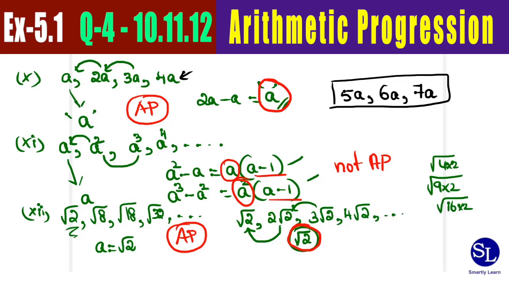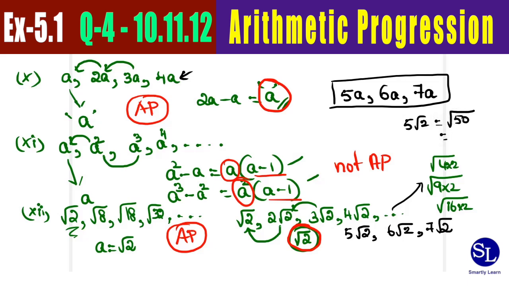Now let's generate the next three terms, which are going to be 5 root 2, 6 root 2 and 7 root 2. And remember, the series was not written in this style, so I have to convert it and write it in the form root 2, root 8, root 18, root 32. I can't suddenly write 5 root 2, 6 root 2, 7 root 2, although they mean the same. So 5 root 2 can be written as root 50.